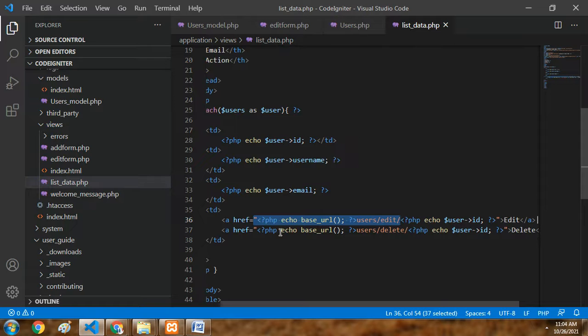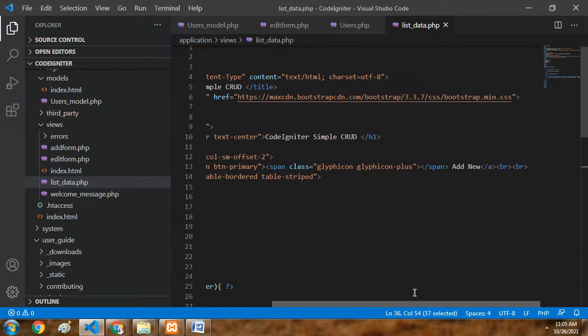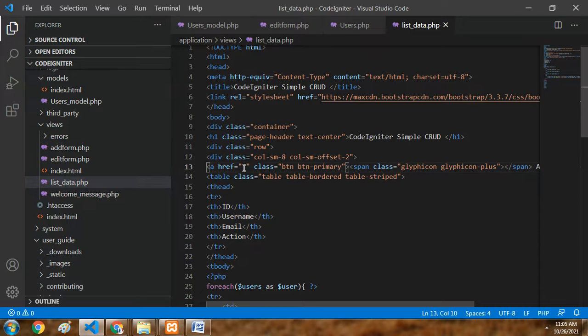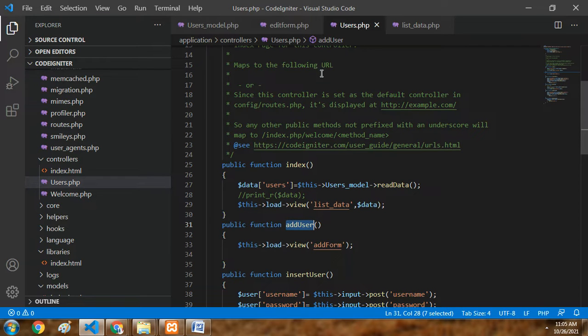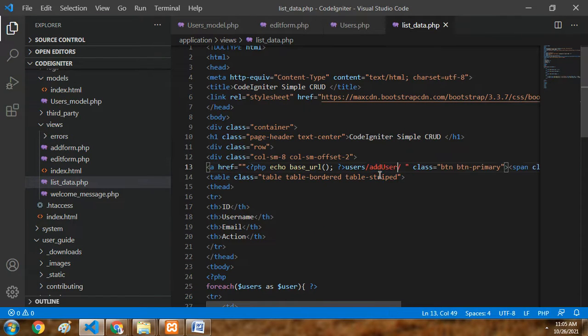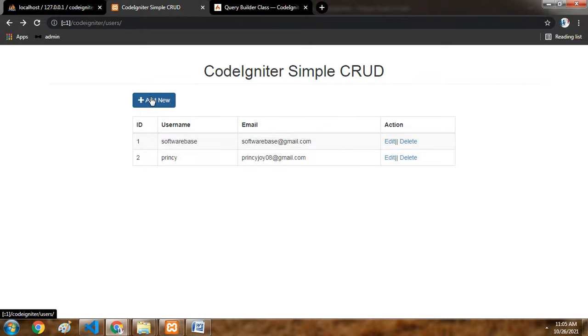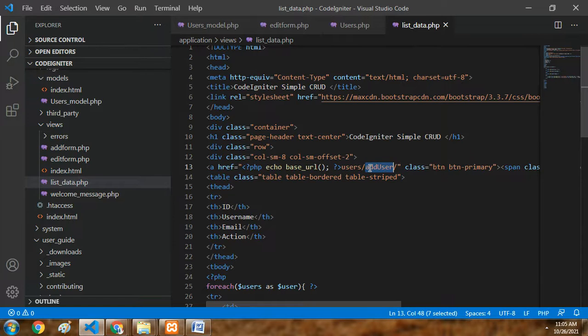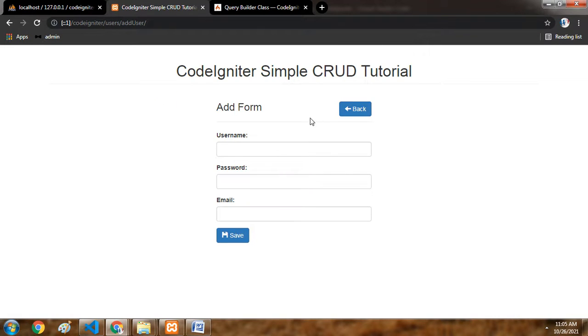Users slash list data here. Add new has href users slash, I think the function name for adding new add user, for adding add form, add user. Users slash this one. So we will get the add new link here, users slash add user list data. Inside the list data, clicking on this, okay, it will go to the add user, and